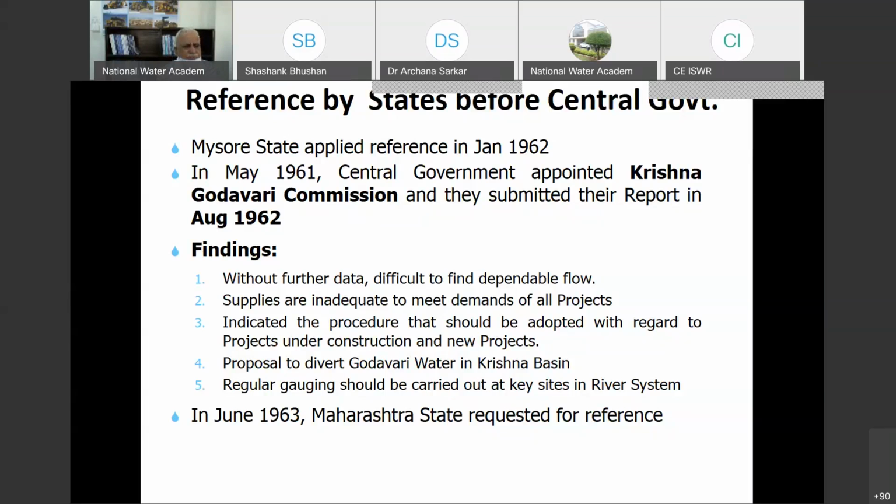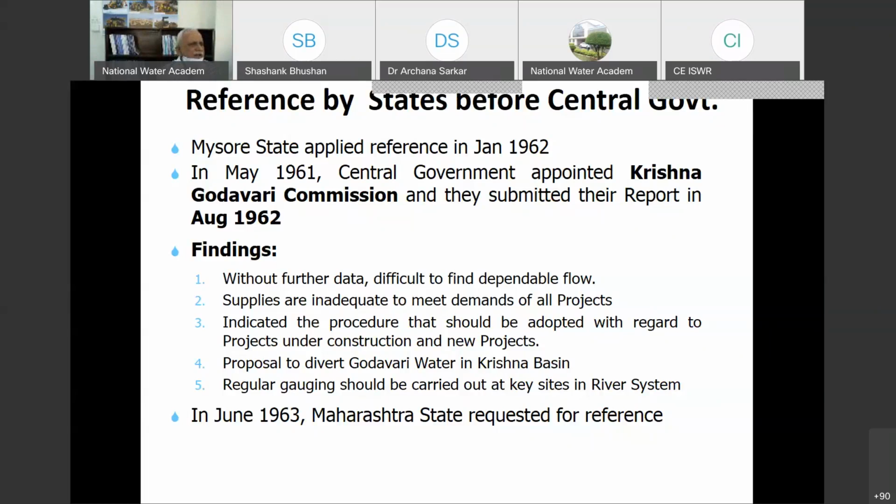They indicated some programs that could be adopted with respect to new projects, that Godavari waters can be diverted to Krishna Basin, and they suggested systematic river gauging to be carried out at key sites on both Krishna and Godavari rivers,